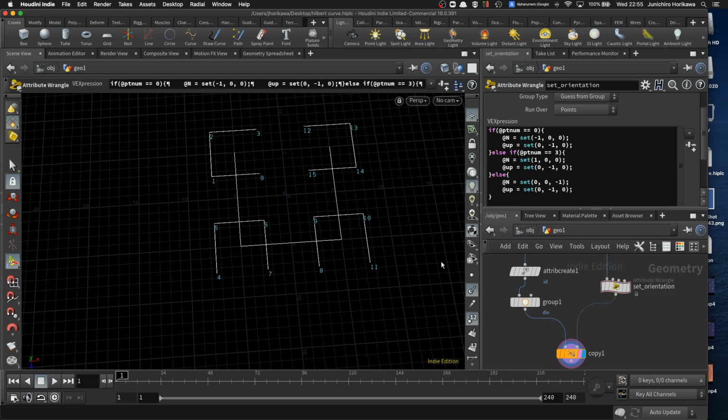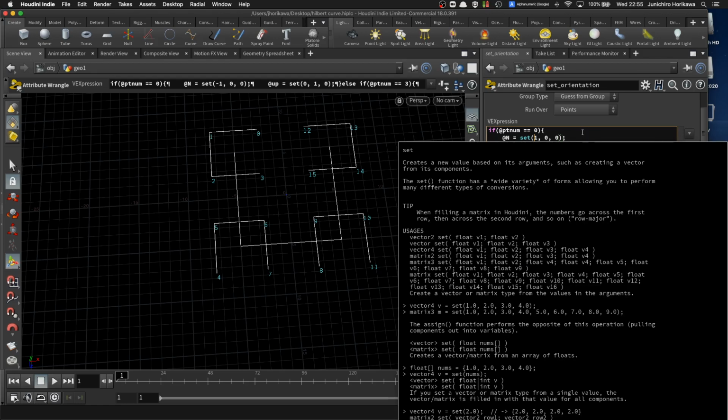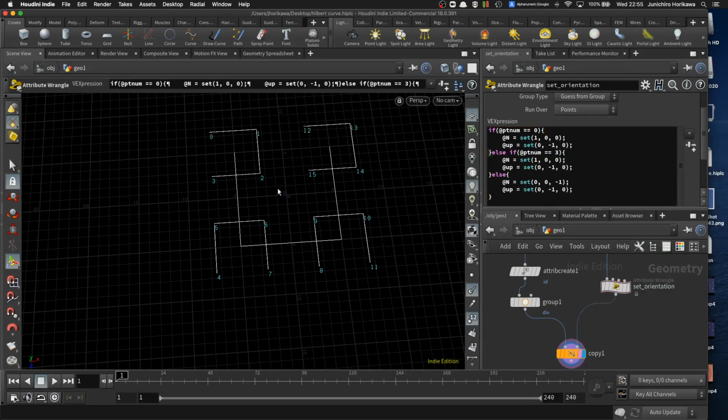Now some part changed, some part didn't, so this one didn't change, so I might need to change some of the value here. This one didn't change. What if I change this to 1? Oops. Okay, now,